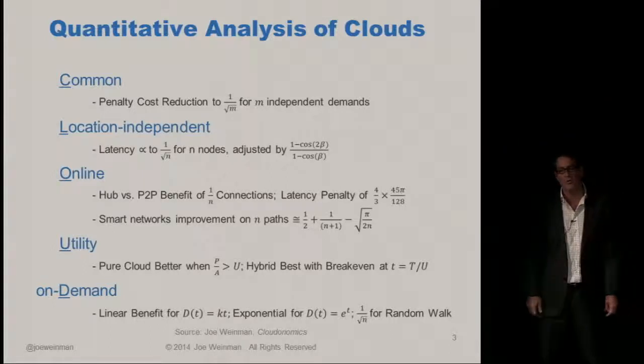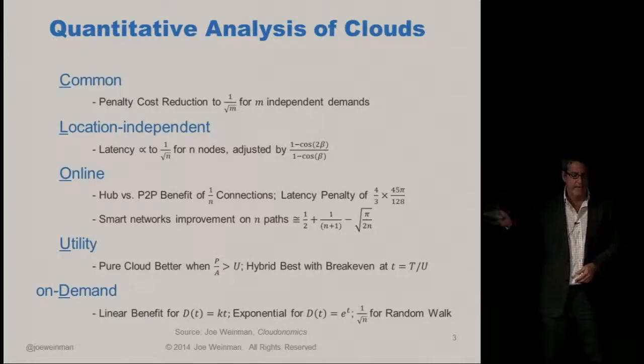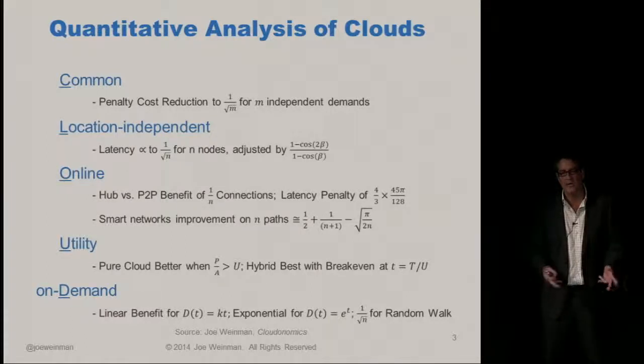In the real world, think about Netflix when it was growing exponentially. The point is that whether it takes you 2 years to provision a data center or even 6 hours to provision a server, that penalty grows exponentially as your demand grows exponentially. There are some other things that I've looked at that aren't on this list, but the characteristics: common, location independent, online, utility, on demand. You may not be mostly native English speakers, but actually that CLOUD does spell out a handy word, so cloud is both a concept and an acronym with my definition.